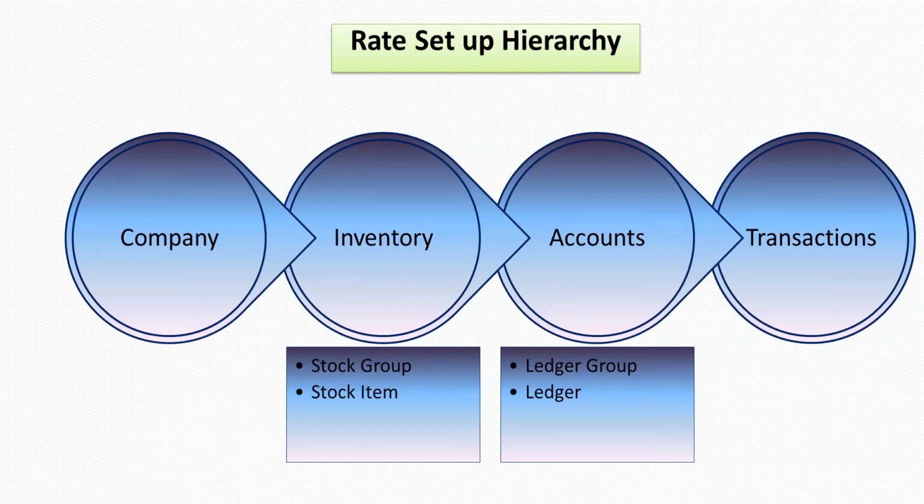Next level, the inventory level, wherever accounts are maintained with inventory, again we have two options there. Either we can configure at the group level or we can configure at the item level. If we configure at group level and do not do it at item level, that item derives its rates and other configurations from the group. But if you create specifically for the item, it will override. So again, that's a beautiful feature which is there. We can use that however we want.